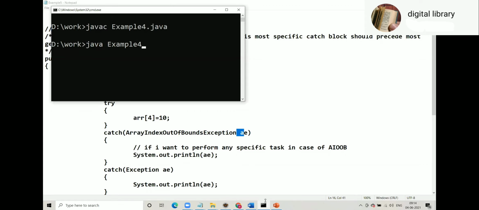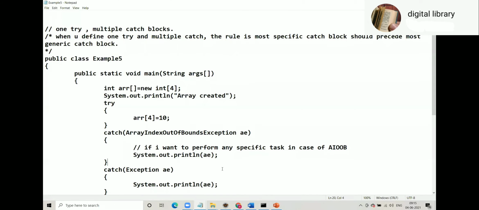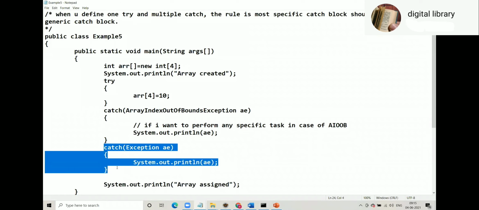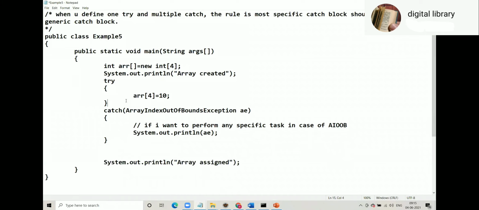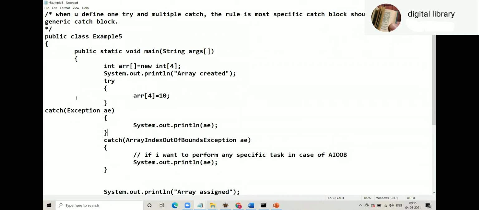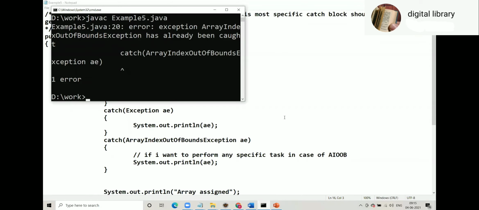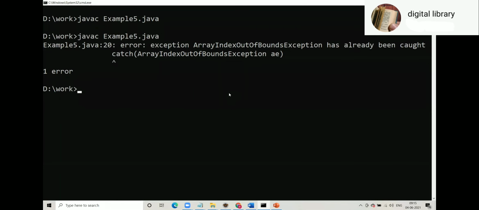So this program will compile. But if you write vice versa, if you write catch Exception first, ArrayIndexOutOfBoundsException has already been caught.